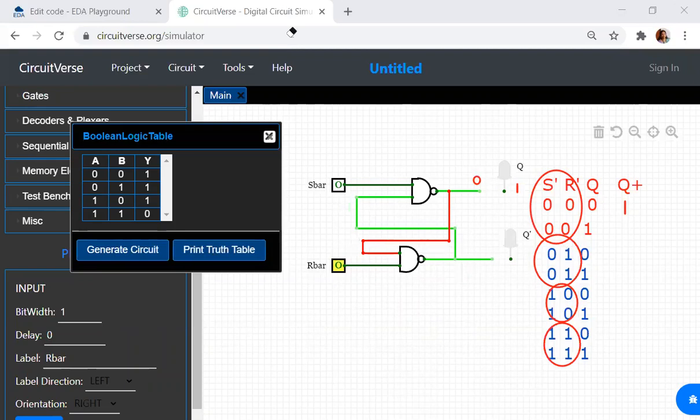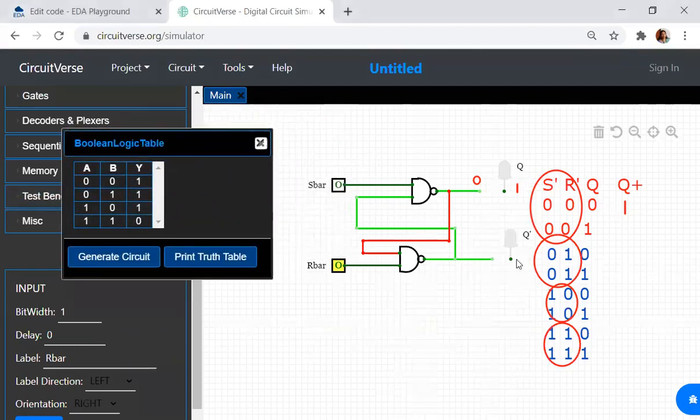Okay. So, now I have currently S is 0. I want to give the combination as S is 0 and R is 1. So, it is S bar and R bar. S bar is 0, R bar is 1, which means S will be equal to 1 and R will be equal to 0.